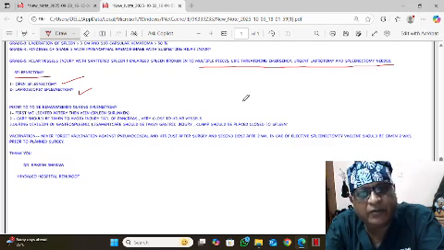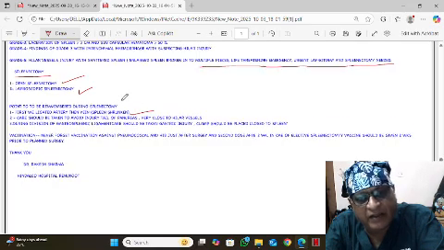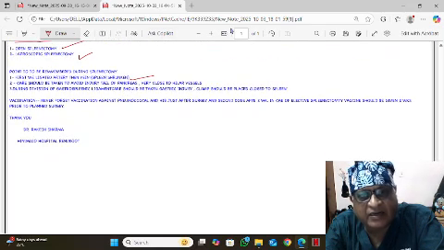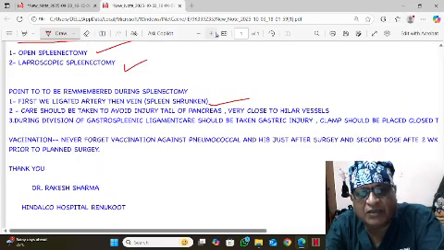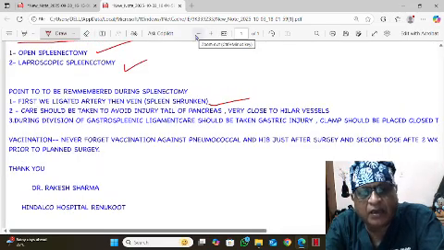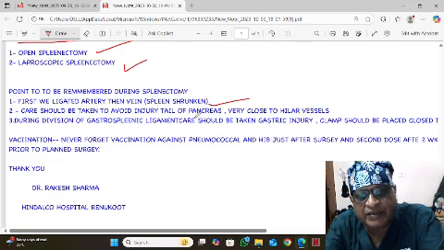Points to be remembered during splenectomy. What care should be taken by us during splenectomy? Number one, first we ligate the artery, then the vein. Why do so? Spleen autotransfusion. Otherwise, if we first ligate the vein, there is congestion of the spleen, and there is enlargement of the spleen. Care should be taken to avoid injury to the tail of the pancreas, because the tail of the